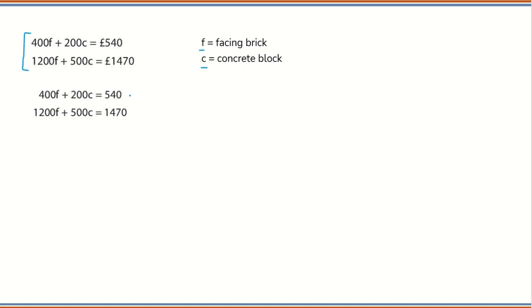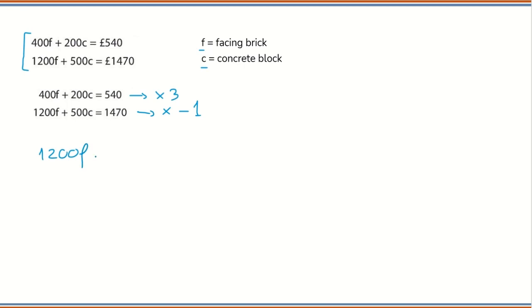If I multiply this first equation by 3 times 400 is going to be 1200, so the coefficient will be the same. And this one I'm going to times it by -1. What in the equation is positive, now it will be negative. What is negative, now it will become positive. So I will start with the first one. 3 times 400 is